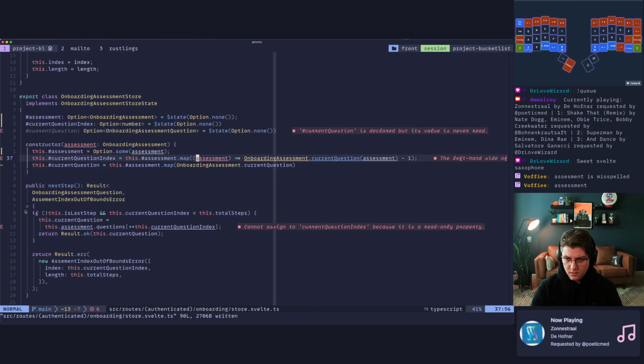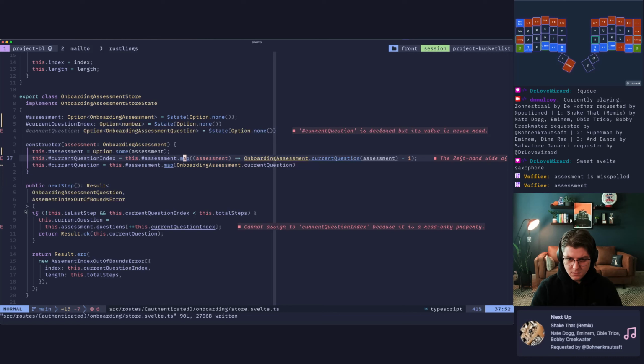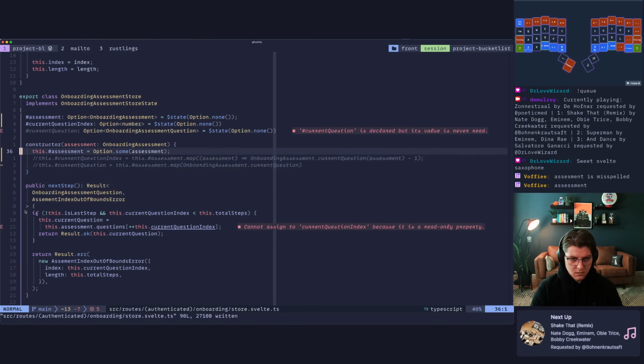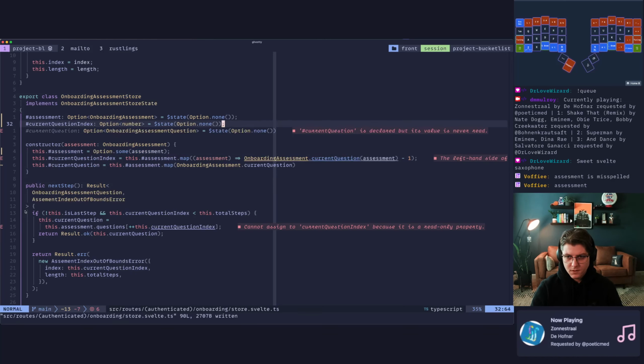Should have that. The left-hand side, that's an option. Is it these? Which line, Vafi? Current question. Oh, I'm missing a semicolon. Twice.